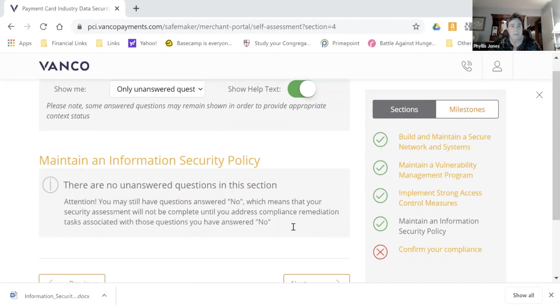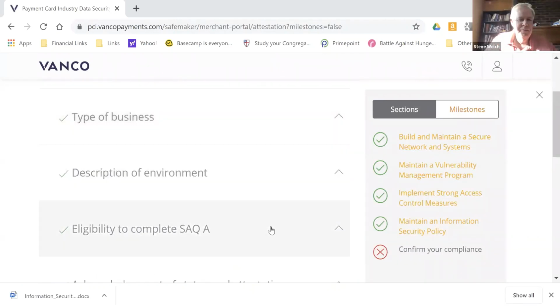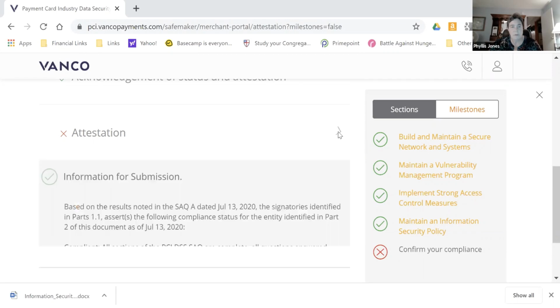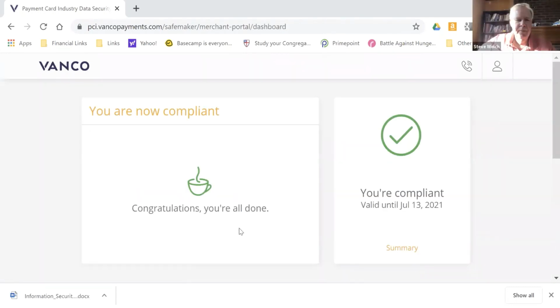Let's see. I think that means we're down to confirm your compliance. Yep. So it looks like I've got my little green check marks on all of these different things. So now I just need to go here. Oh, here we go. This is like me signing the document. Correct. You are now compliant. And apparently you can now have a cup of tea or coffee. I guess that's what that nice little comfort picture of the cup of coffee means. And I don't have to worry about this until next year, when they'll probably just ask me to update it really quickly. So that's basically it,